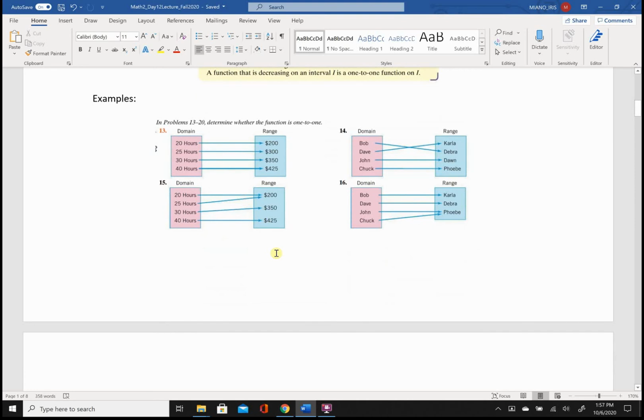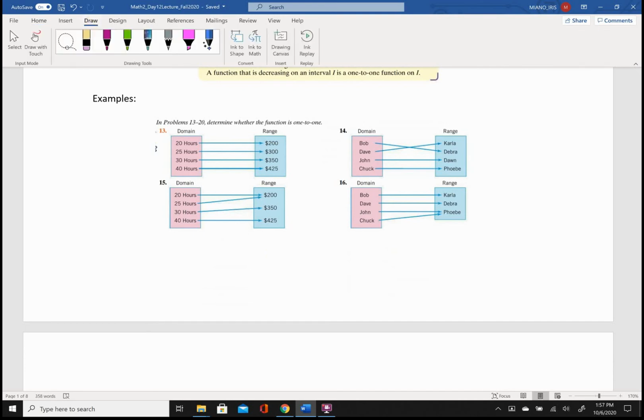So here are some fresh relations. They're all functions, actually. We can say that definitively. Indeed. So these are indeed functions, but are they 1 to 1? That's what we want to figure out. So 13, the example there, we have domain and range values in hours and dollars respectively. And as you can see, for each input in the domain, there's exactly one output, and you go just a straight line across to get from one to the other. So this one is so very clearly 1 to 1